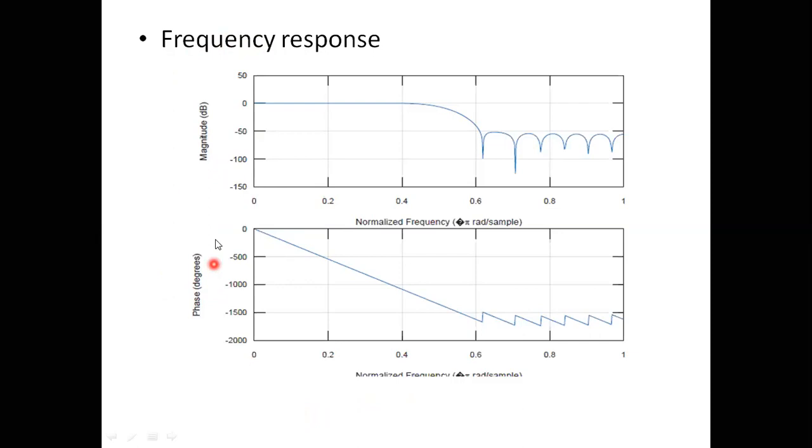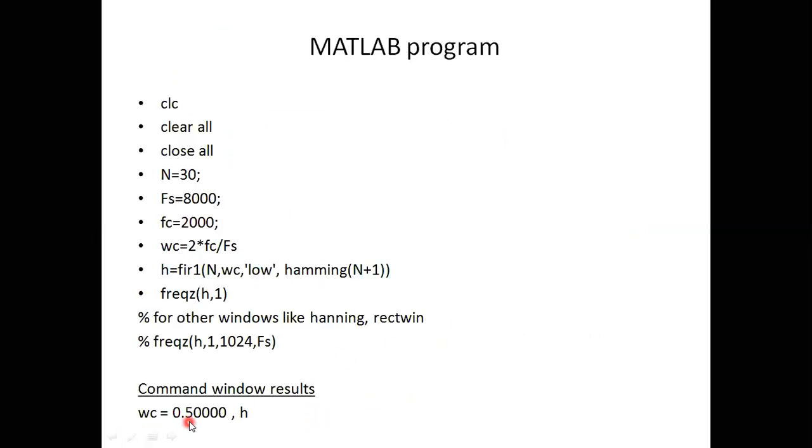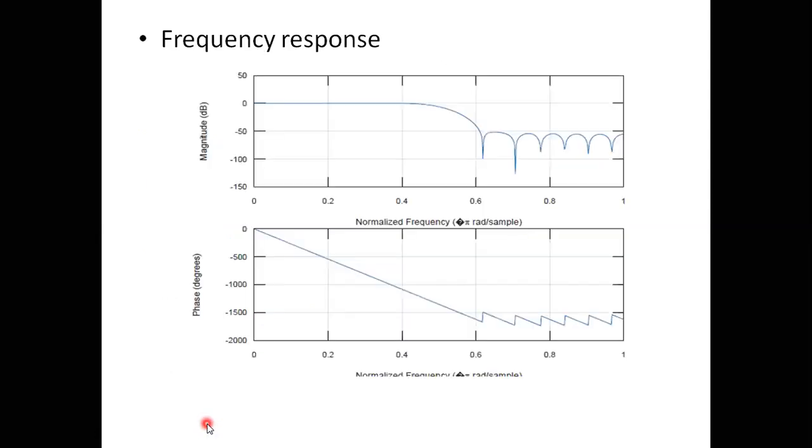So two plots I am getting. One is your magnitude plot, another is your phase plot. Both magnitude and phase plots are plotted corresponding to normalized frequency. This normalized frequency always lies from 0 to 1. Clear? And what cutoff frequency did you get? You got 0.5 here. So see here, 0.5 is in between 0.4 and 0.6. So 0.5 is here.